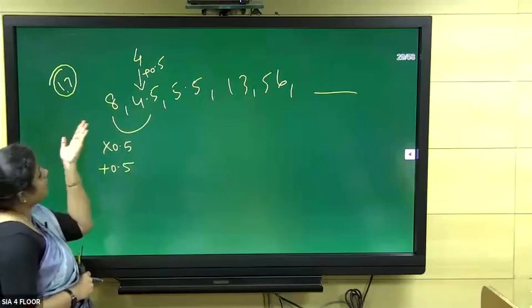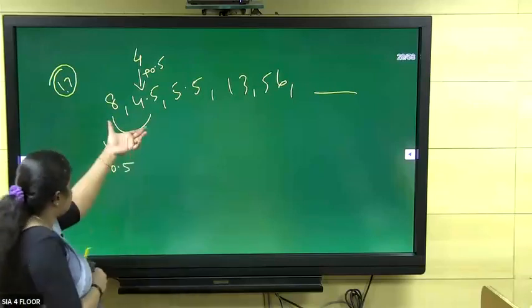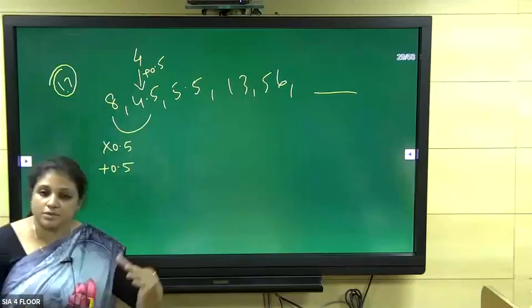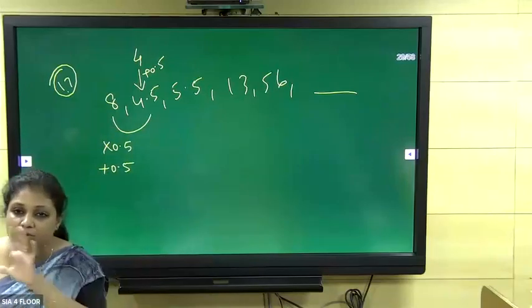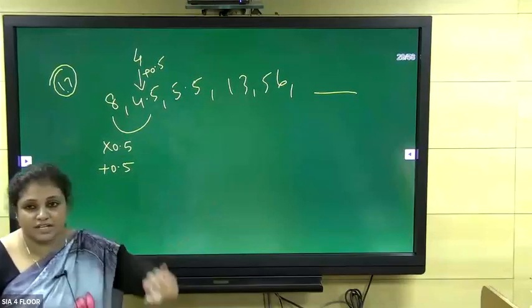Now if you ask what else you can do, you can put -3.5, but it will not continue through. If it's a subtraction, it has to continue till the end. It's not going to be like that. So that's why I'm not taking it as -3.5. You can do it, but when you continue with the sequence, you will not find any logic.